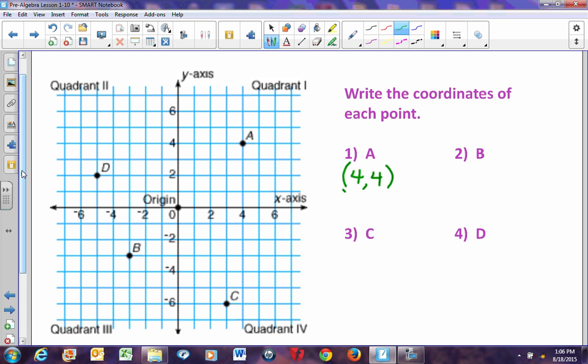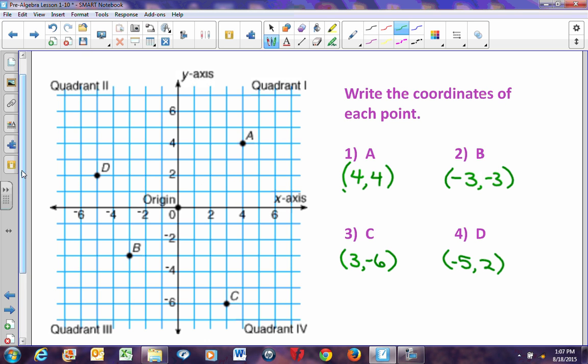ordered pairs. Letter B, if we find letter B, you start at the origin, we're going to go 1, 2, 3 to the left, and 3 units down. So that would be (-3, -3), 3 units to the left and 3 units down. Letter C here, starting at the origin, we're going to travel 3 units to the right and 6 units down. So that would be (+3, -6). And last but not least, letter D, starting at the origin, we're going to go 5 units to the left and 2 units up. So 5 units to the left and 2 units up is (-5, +2),